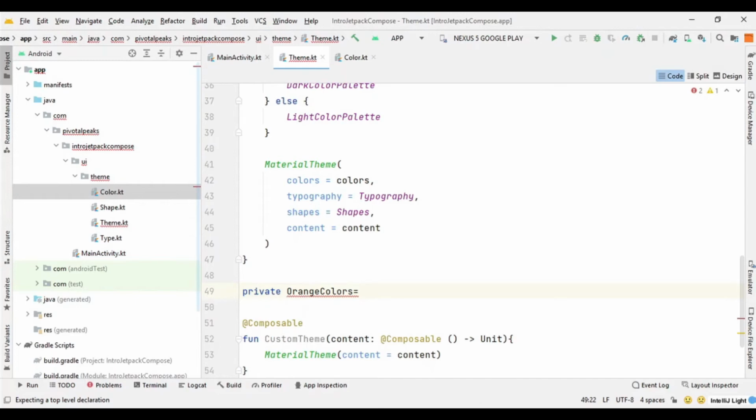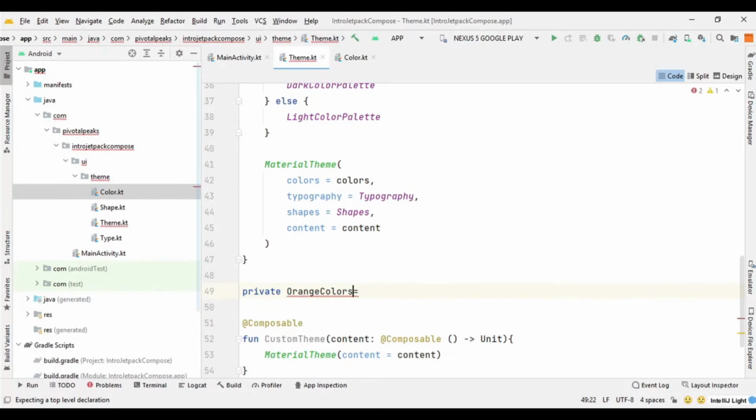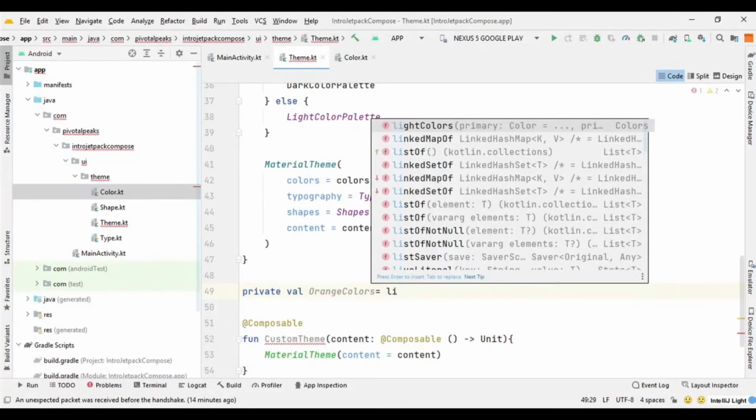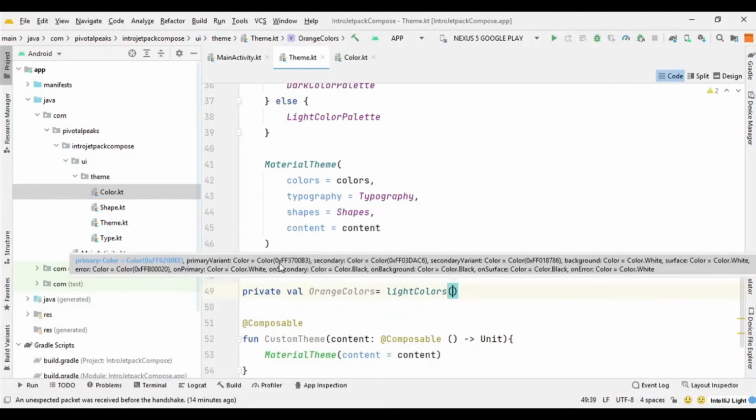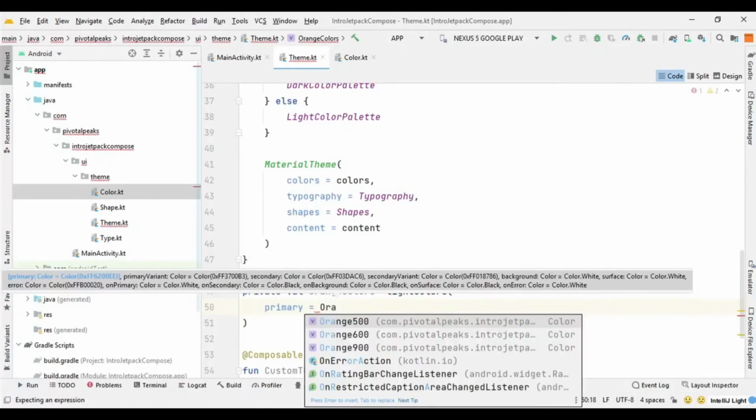So I will say, what happened? Oh, I forgot to give it a val. So I will say val orange colors, and here I can say light colors, and then we got to define all of these colors inside it. So I will say primary, and I'm going to give it the orange 500.